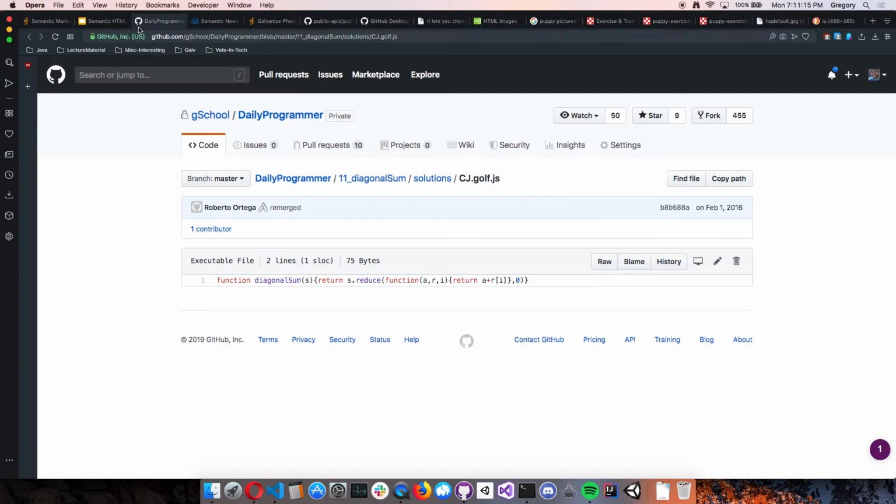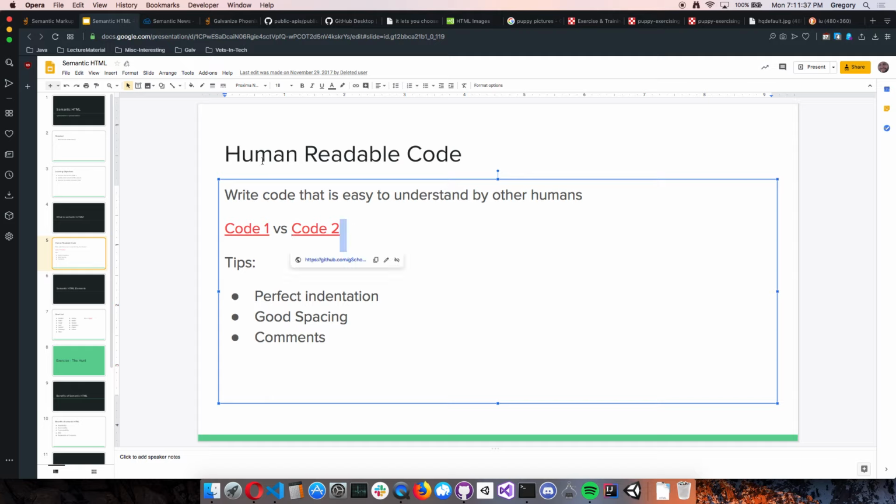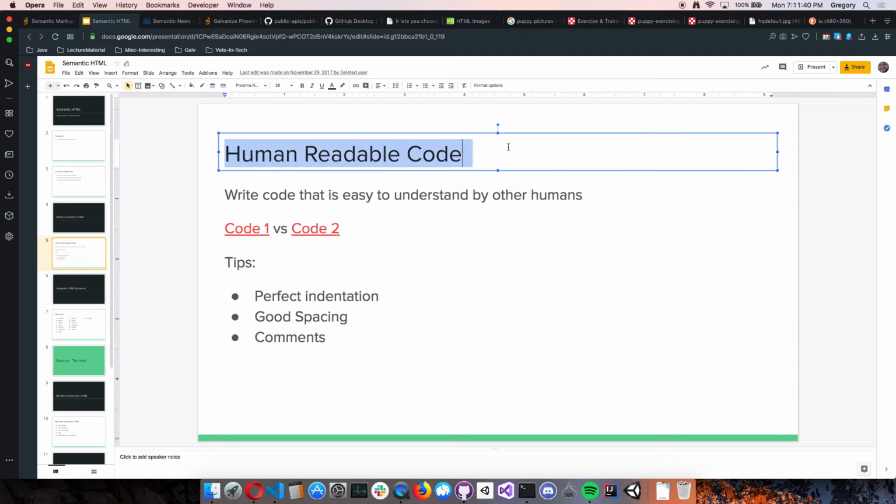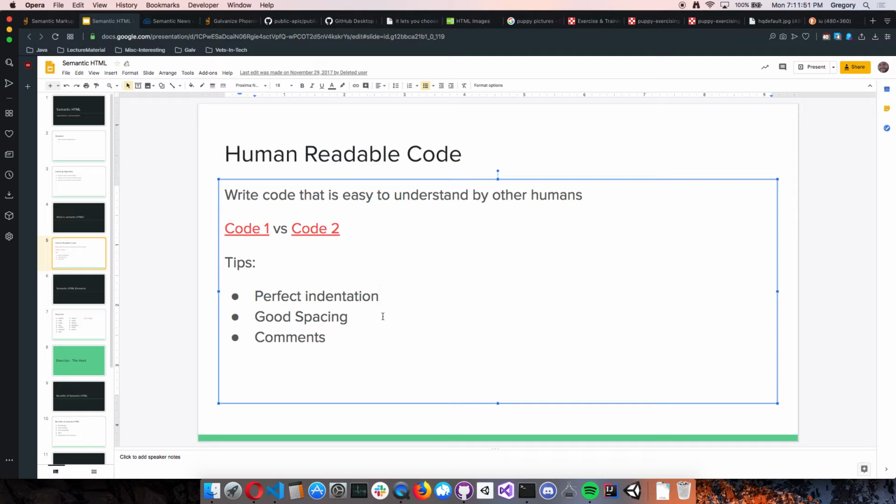Yeah. All right. So code 1 is probably easier to read, right? I think I get what they're trying to get at here. That's why we want to stress proper indentation on HTML, because this is essentially doing the same thing as the other function. Obviously, it's extraordinarily hard to read, but this is the point they're trying to get at with human readable code. The first one was significantly easier to read. I was able to pick out where the accumulator was, what data type we were looping over and all that, at a moment's notice. So that's why we're focusing on good indentation with HTML, spacing and stuff like that, comments,